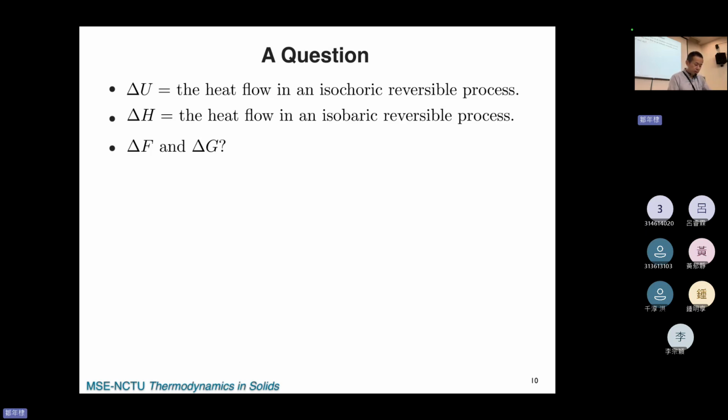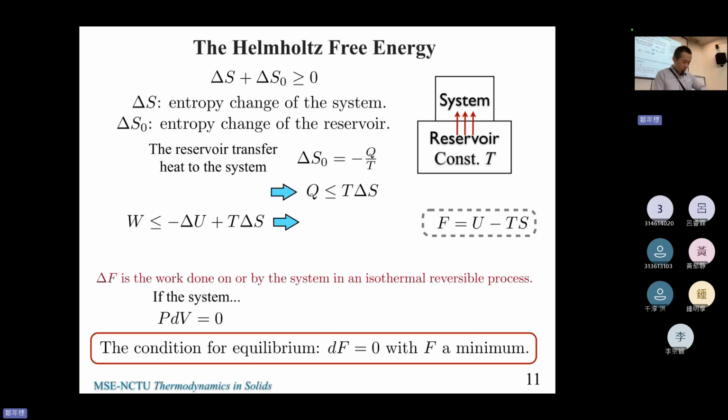Okay, I will explain the answer to these two equations. 接下来我们要问，delta U 跟 delta H 的物理意义是什么？还记得吗？delta U 不就是 C V 对温度做积分嘛，对不对？它是 isochoric reversible process 的改变。然后接下来是 isobaric process，就是在定压下的改变，delta H 就是 heat flow，温度改变，然后看它 Q 的改变量，就是 delta H。那 delta F 跟 delta G 的物理意义又是什么呢？下几页我们会跟大家介绍。